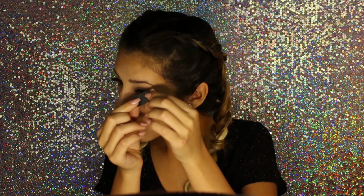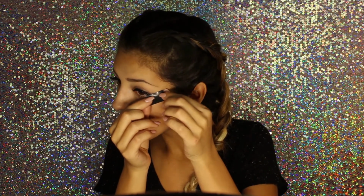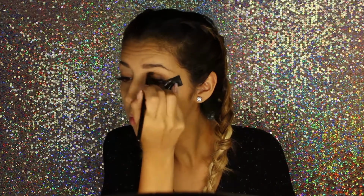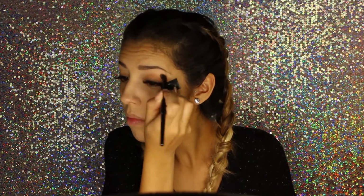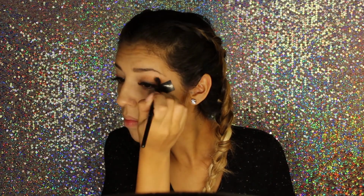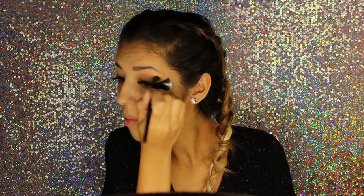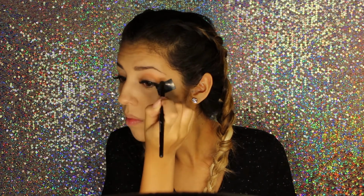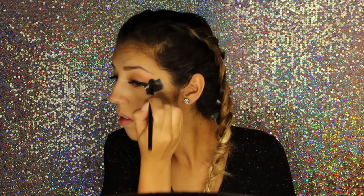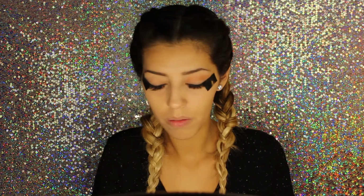Okay, so now what we're going to do is put on a little bit of tape to our eyes. So this is going to help define our eyes, and what we like to do is this is going to help angle out and give us that natural drawn out cat eye look naturally. It's going to also help shape in our eyeshadow. So I'm going to place the tape at an angle going up from the corner of my eye, a little bit tilted up towards the end of my brow. So it's not going all the way too far up, but it is going with the natural arches of my